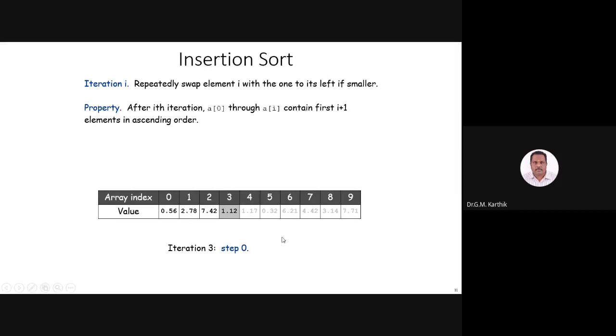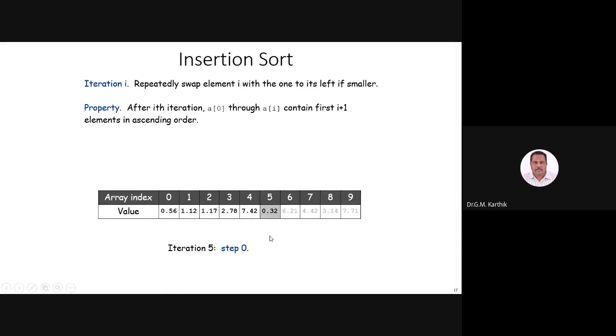So 1.12, again it moves, it finds its position as the second element. When 1.7 comes, the next element, it will be inserted in the second position, that is the index value 2. So what happens is, it will compare with each and every element and a swap happens. Okay, so it swaps and it goes to the second position and done.